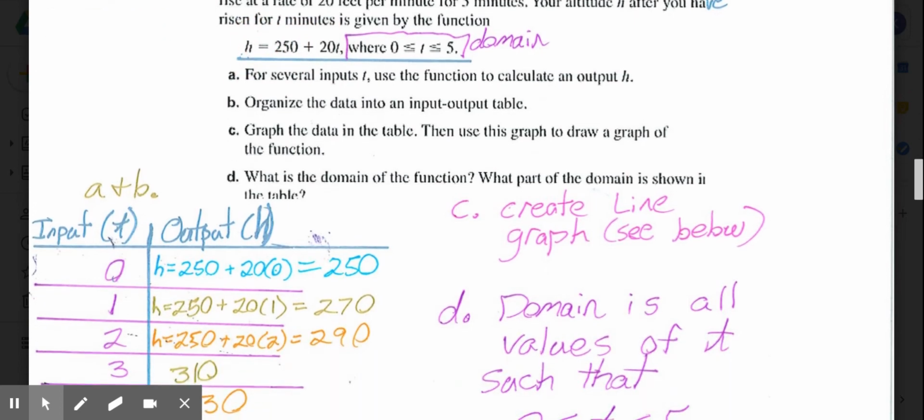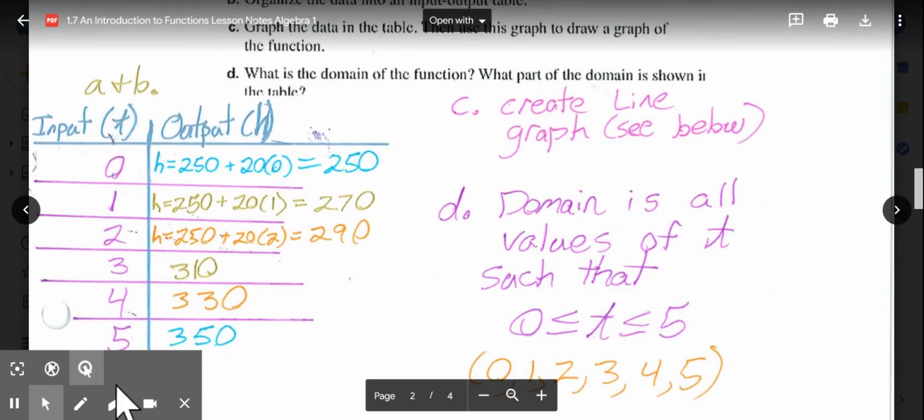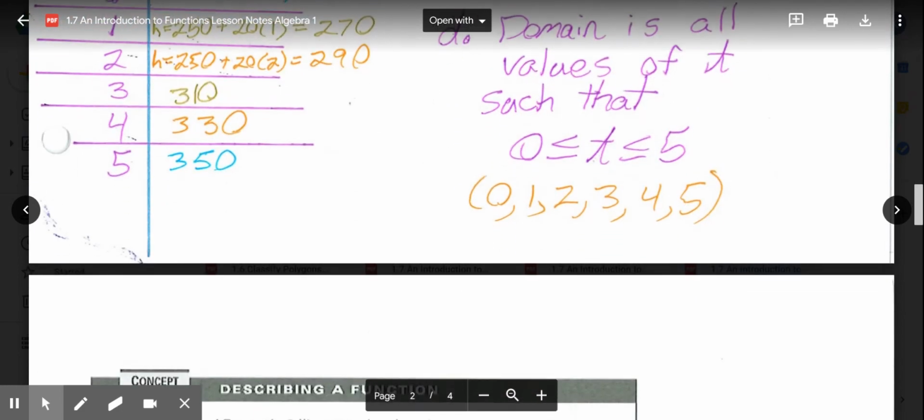So once we've created our input-output table, they want us to graph the data from the table. Use this graph to draw a graph of the function. So what they mean by that is basically we're going to plot these points in a graph. So if we're graphing a change in an amount of time, it only makes sense to create a line graph. So you'll see down below,